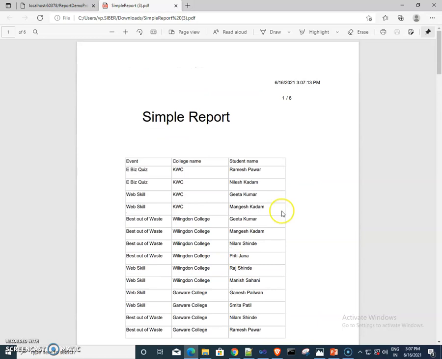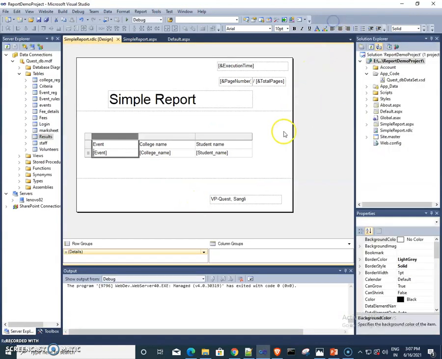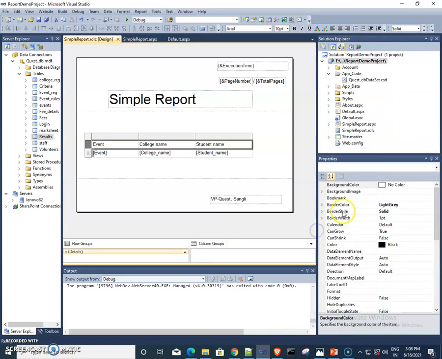So in this way we can show the simple report. You can edit or design it as per your requirement, because this is the column header, so you can give some colors or background color, whatever you want.